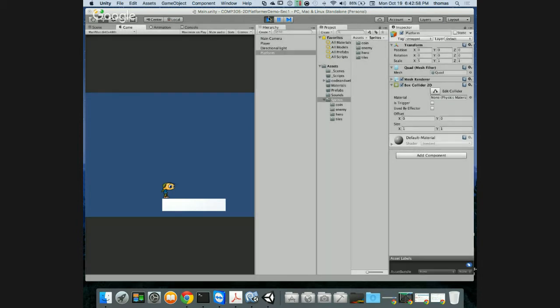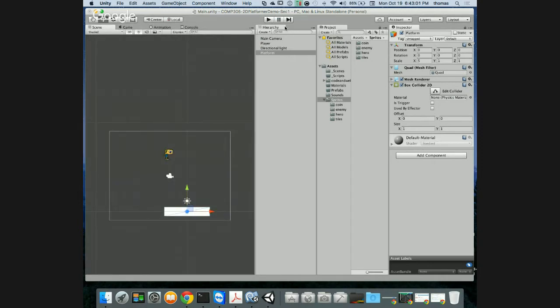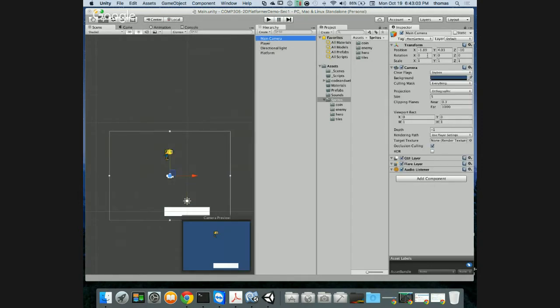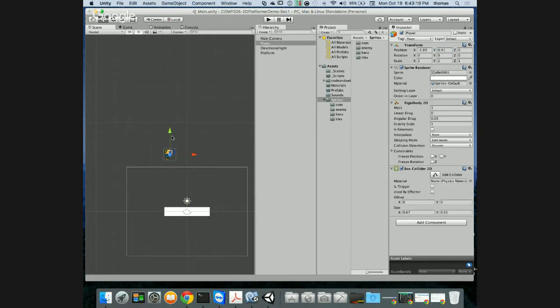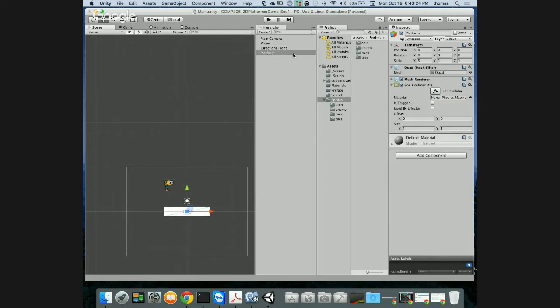All right, so let's just stop debugging here for a second. There's my camera. Let's do a couple things. My main camera is at a weird position, -1, -4. I'm just going to reset it. Other than my Z component, I'm going to make this 0, 0 just to make sure that my camera is in the 0 position, right? My character looks like he's off screen right now. That's okay. I'm going to move this down so he's on the screen. And I'm going to reset my platform so that it's also lower down in the scene. If I press play again,